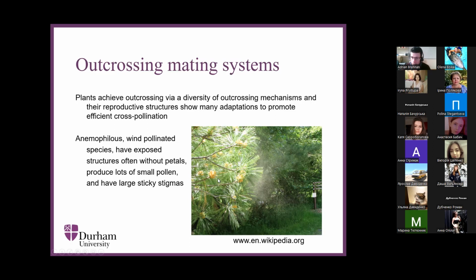And the wind pollination syndrome, the characteristics that plants that are wind pollinated will tend to have, are that their flowers, or reproductive structures, will be very simple. They'll be exposed to the air, and they won't have petals or anything getting in the way. They'll produce very large quantities of pollen, and their female receptive organs, the stigmas, will be large and sticky as well. This is because, of course, you can't control where the wind blows, and so you need to produce a very, very large amount of pollen in the hope that some of it will land on the right species.